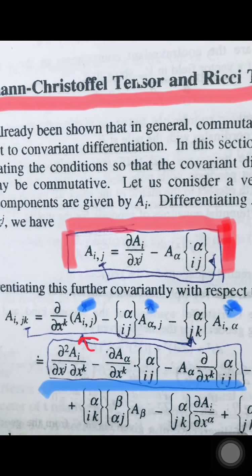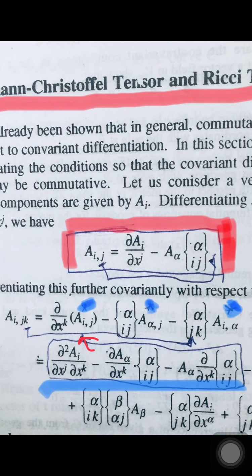Okay, go to the first term, del by del xk of A i comma j. What we are doing, we have here three symbols: A i comma j, A alpha comma j, A i comma alpha. Okay, these are marked in blue with star symbols. These three terms, A i comma j, A alpha comma j, A i comma alpha,